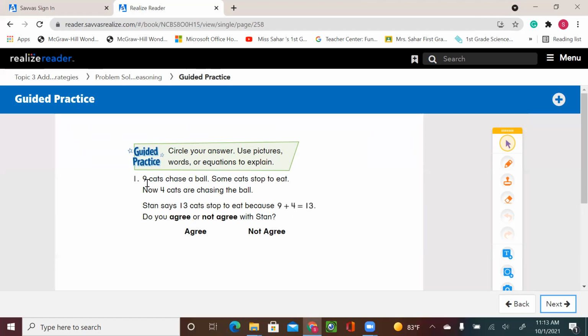So let's read again. 9 cats chase the ball. Some cats stop to eat. Now 4 cats are chasing the ball. Stan says 13 cats stop to eat because 9 plus 4 equals 13. Do you agree or not agree with Stan? I do not agree because the total cats are 9. So let's use our